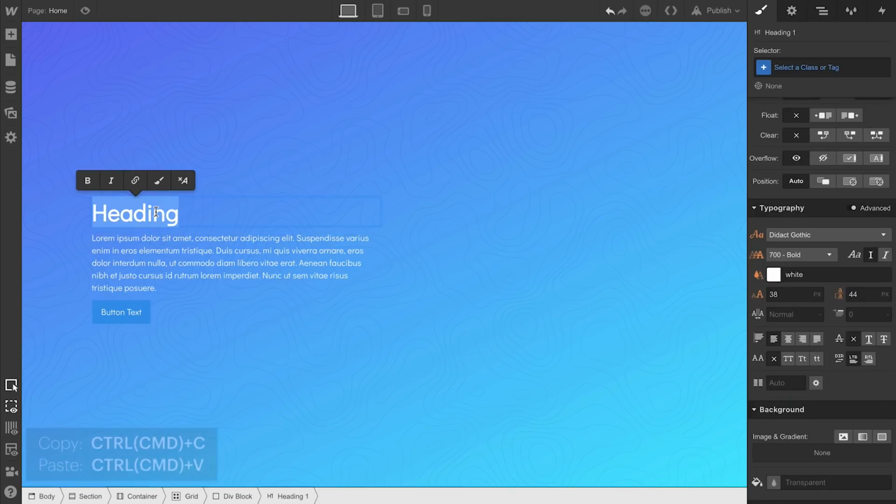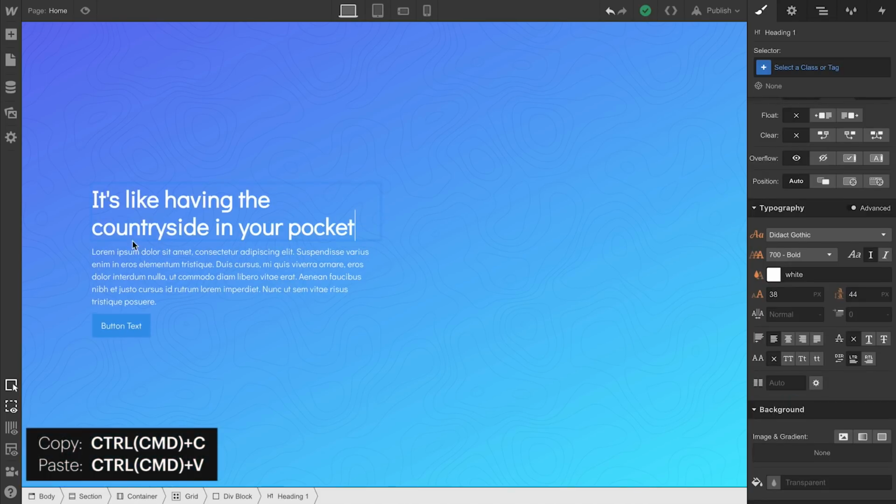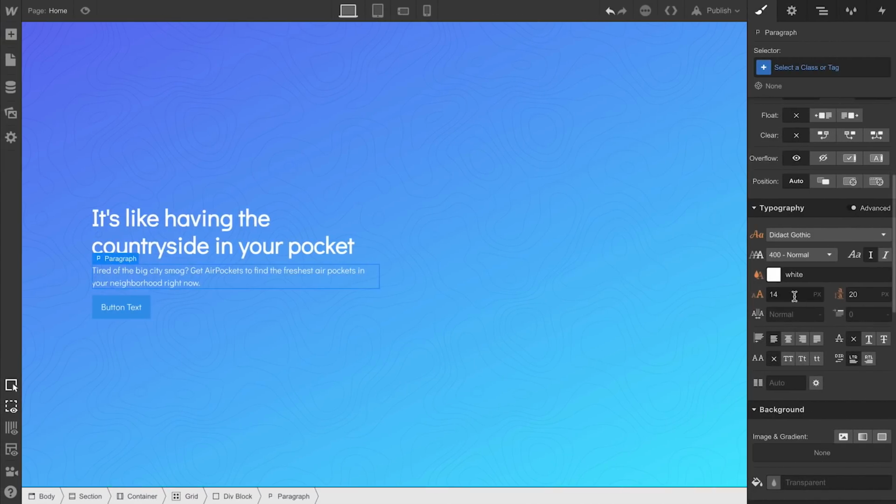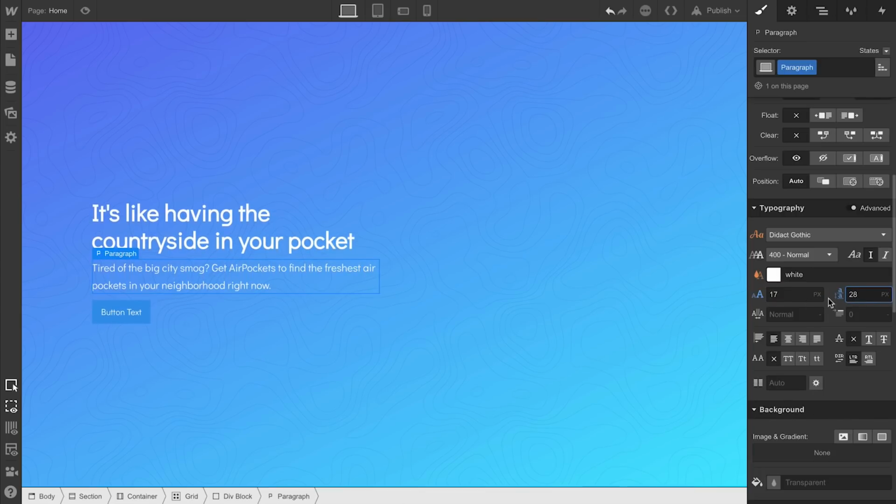Double-click to edit the heading, paste, and we've pasted in our heading. Same thing with this paragraph. Paste, and that's better. Let's make some more changes. To the end, we've lost our mouse. The mouse is no longer visible, just darkness. And there's our mouse. Let's change the font size, and we'll adjust the line height as well. Make sure that's tweaked to look just right. And we can double-click our button to edit its text, saying App Store.